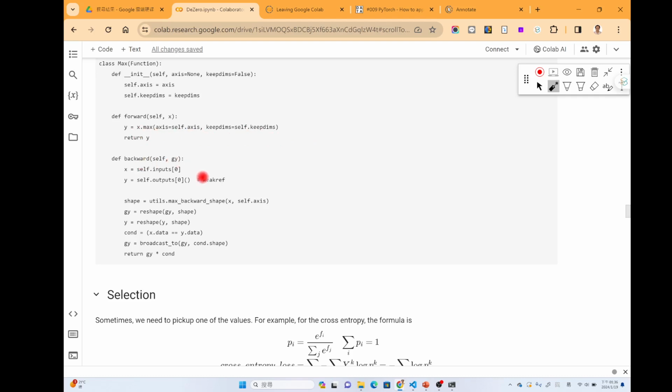But in the backward, we need to broadcast this. We need to calculate, for example, the condition here. We need to figure out what's the item with the max value in here. So this will actually return an array, which will be